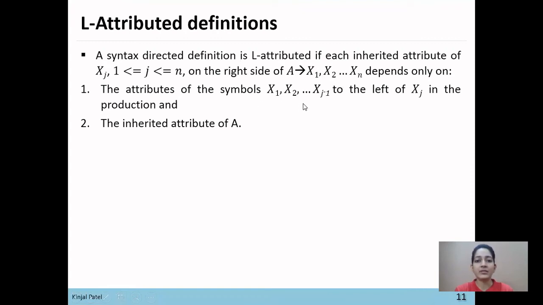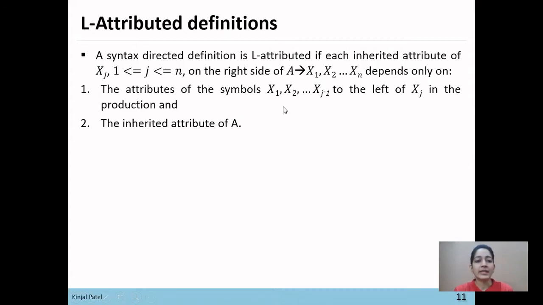That means if there are inherited attributes x1, x2 up to xj minus 1, then these inherited attributes can depend on their left siblings only. They cannot depend on their right siblings. So x1 cannot depend on x2, but x2 can depend on x1. And it can also depend on the inherited attribute of A, that is, its parent.